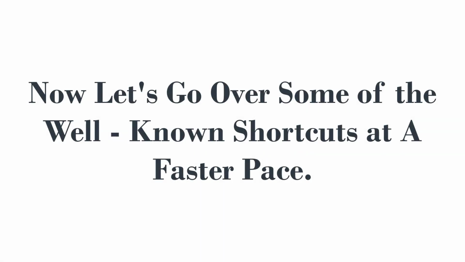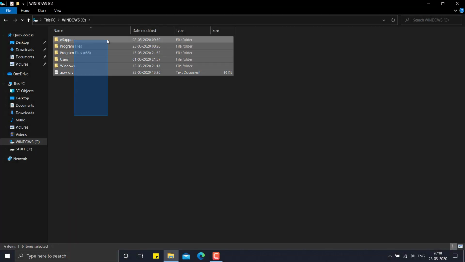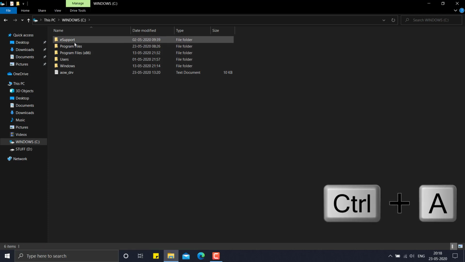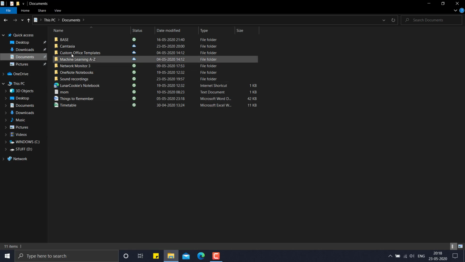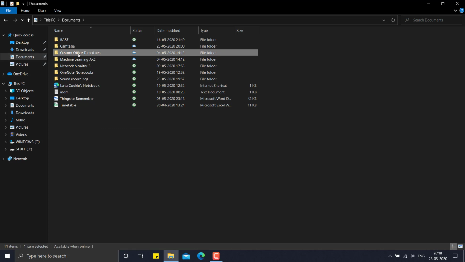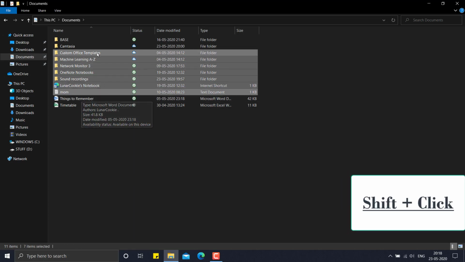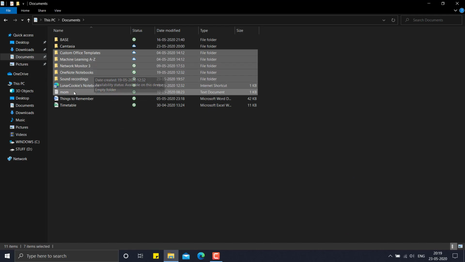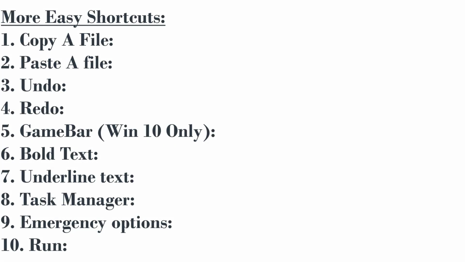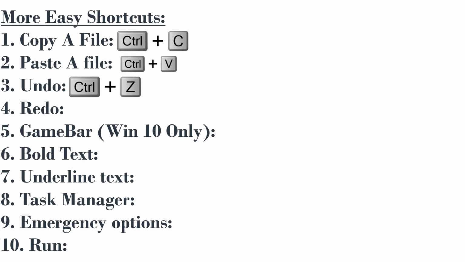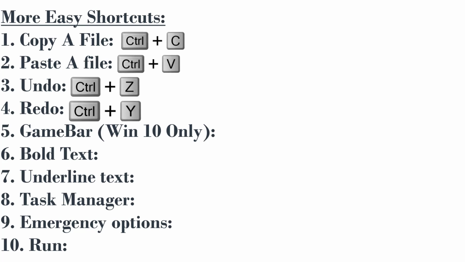Now let's go over some well-known shortcuts here. To select all files, Ctrl A. And now to select between files, if I want to select between this file and this file, I'm going to Shift plus click the 2 files and it's going to select all the files in between. Let's go over some more shortcuts. Ctrl C to copy a file, Ctrl V to paste a file, Ctrl Z to undo, Ctrl Y to redo,